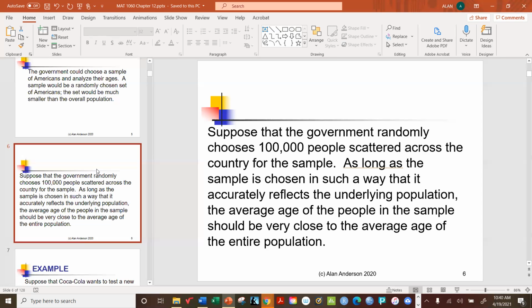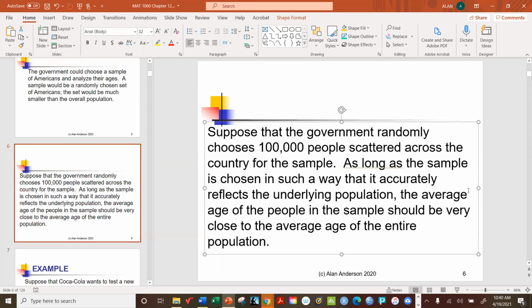Okay, so we don't expect perfection, but we want it to be very, very close. All right, so for example, if the average age is 29, we don't want the sample to tell us that it's 54. That would be a disaster. Okay, so instead, we want to make sure that this is close, and the way we can ensure that is by randomly choosing the sample, as opposed to, let's say, only picking people who are already above a certain age,